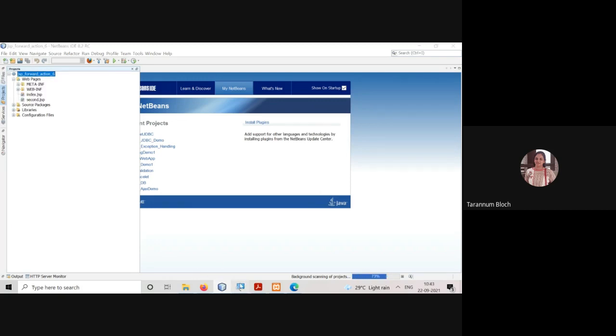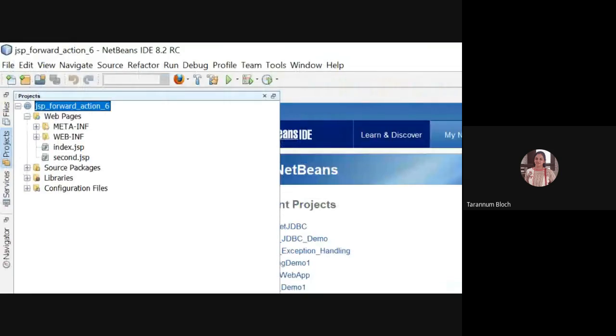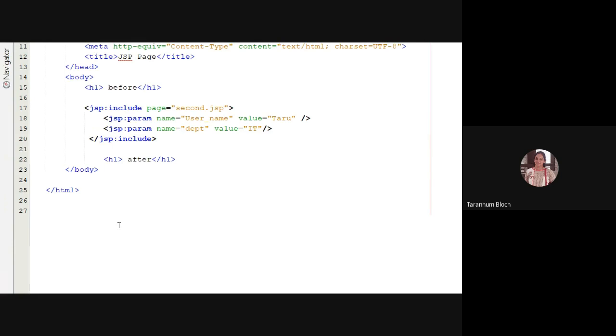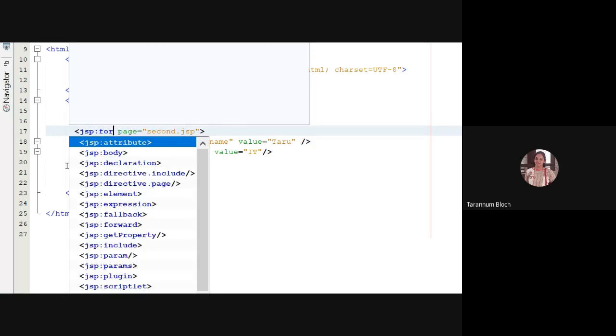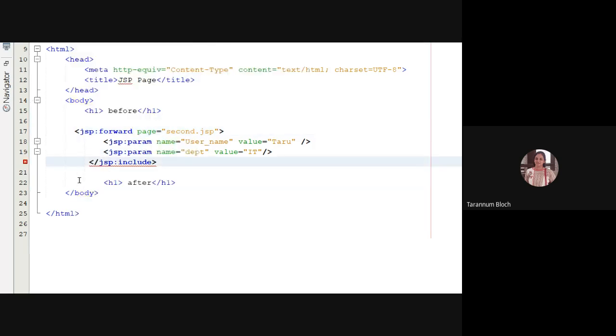In the web pages folder, I have two files, index.jsp and second.jsp. Index.jsp is my first resource, and when the user runs it, it is actually the first request. Suppose for the first time we are using the JSP colon format. So if you look at the entire code, what we have over here is we have used